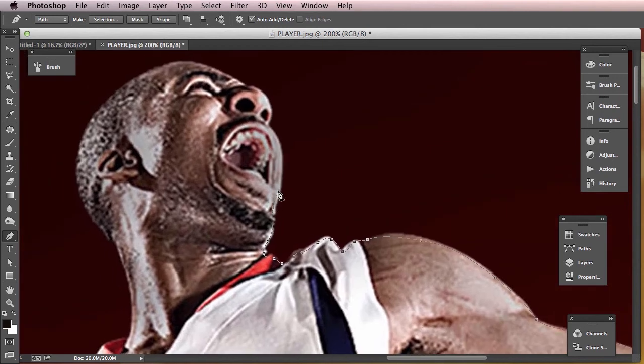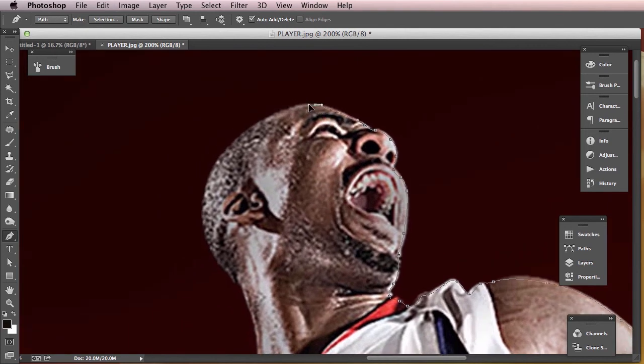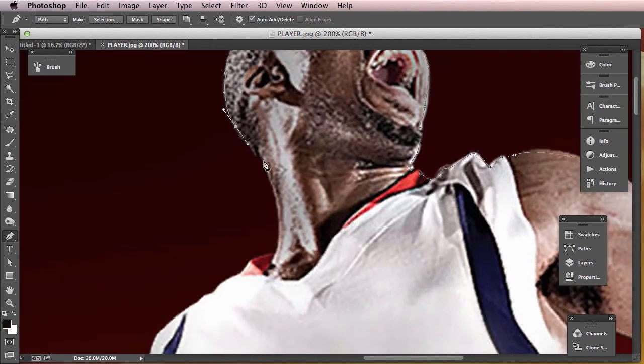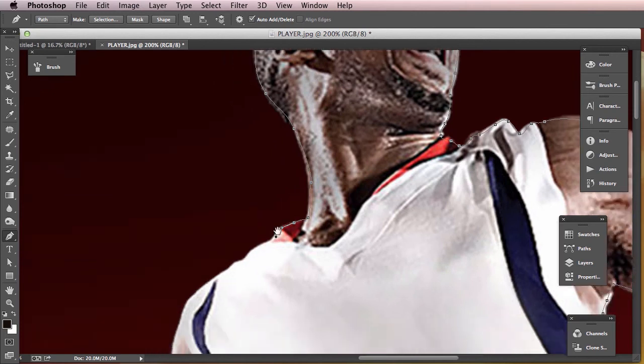Now let's pay particular attention to the face. Make sure that we're just inside without taking too much off here. If we take off too many pixels from the face, it can generally deform the character, so we have to stay just inside here, more so than on the clothes. Okay, back onto the fabric